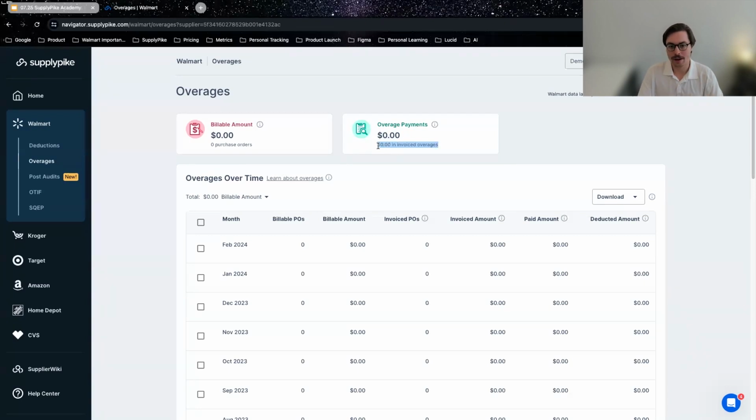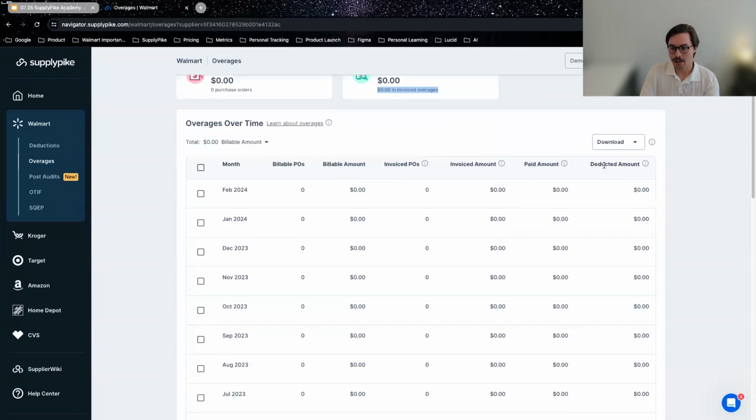In addition to that. And then that way you can have an understanding of, okay, seems like Walmart is paying about 50% of what we're originally invoicing, but then they're going to get into actually deducting possibly, which seems to be a common practice when suppliers actually bill Walmart for overages, like I mentioned. But like I said,